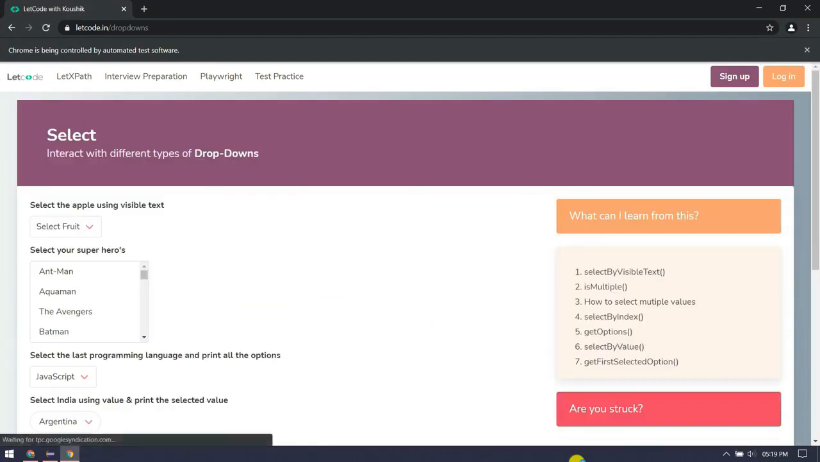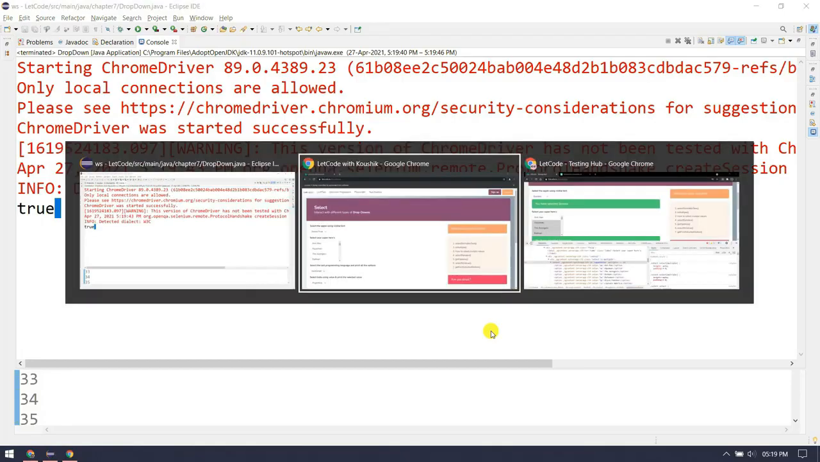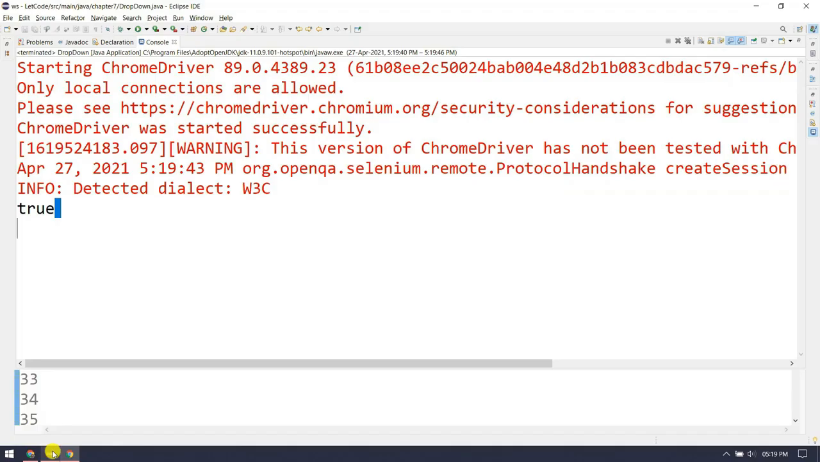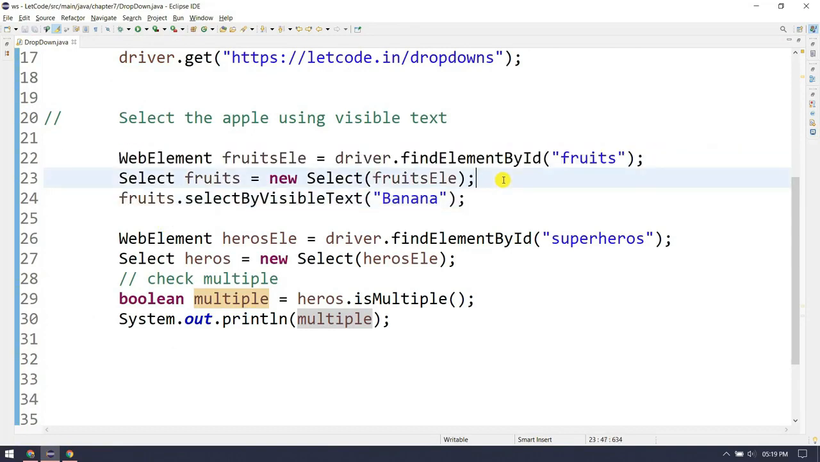If it's going to return me true, that means it can accept multiple selection. If it's going to return me false, that means of course we cannot do it. Okay, so it's true, of course we can do it. Let's go and check for this one, right? So for the previous one, let's go, and here I'm going to uncomment this one, and here I'm going